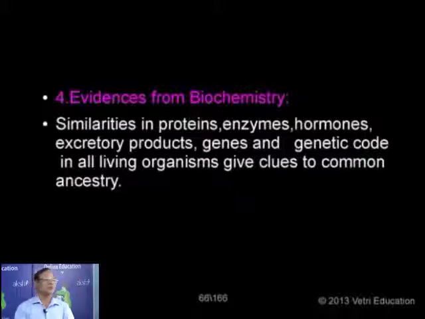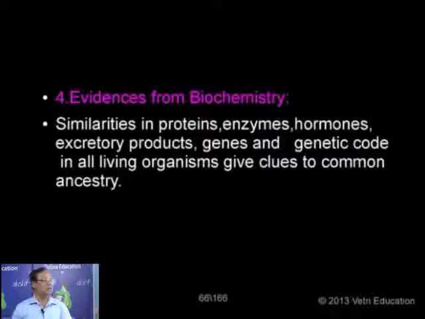Even if you analyze the excretory products, for example, in the case of the frog: in the adult frog it is urea, in the tadpole it is ammonia. That indicates that the frog has descended from a fish-like ancestor, which excreted ammonia. This is what is called biochemical recapitulation. It is an example of biochemical recapitulation.